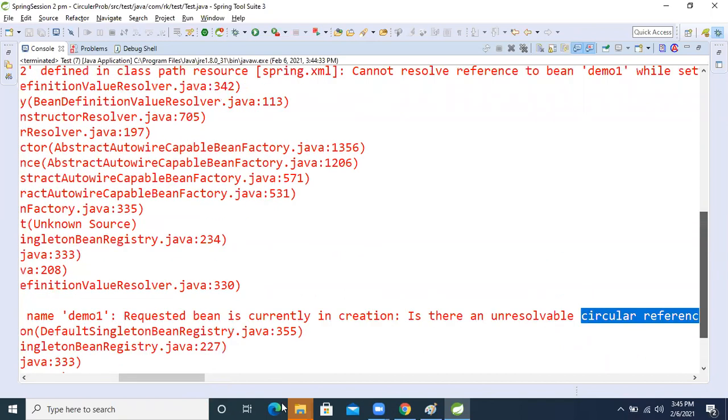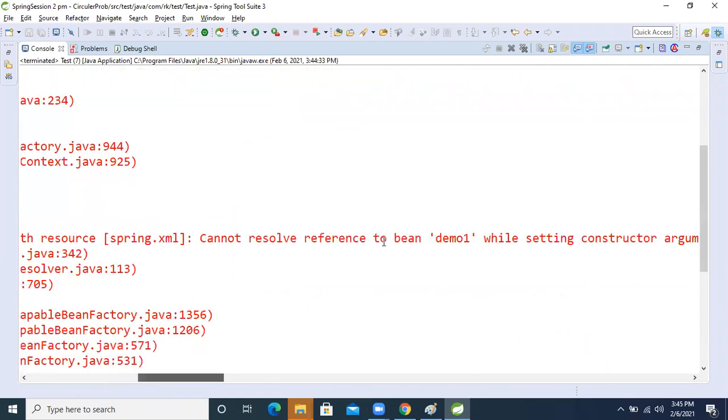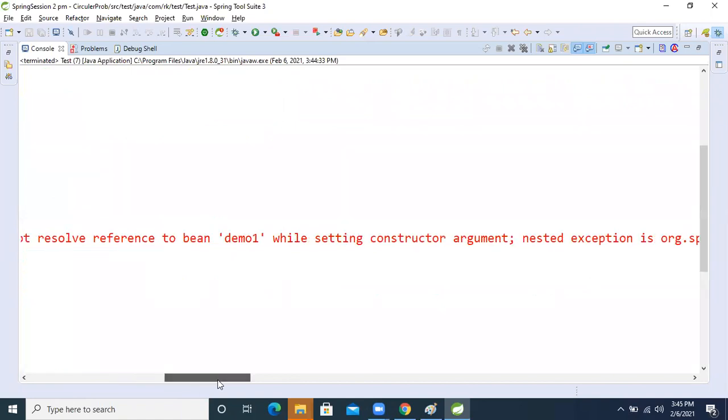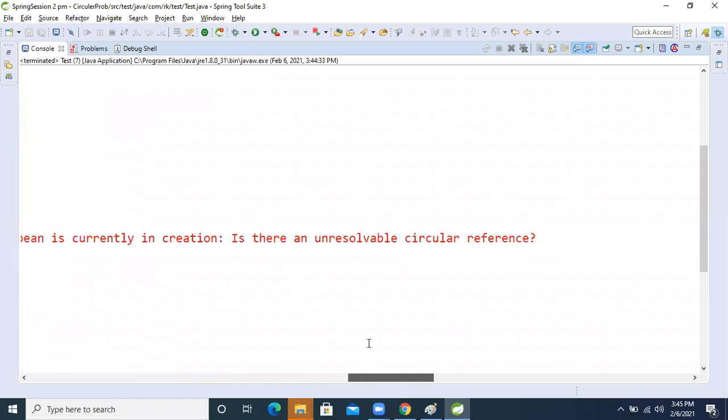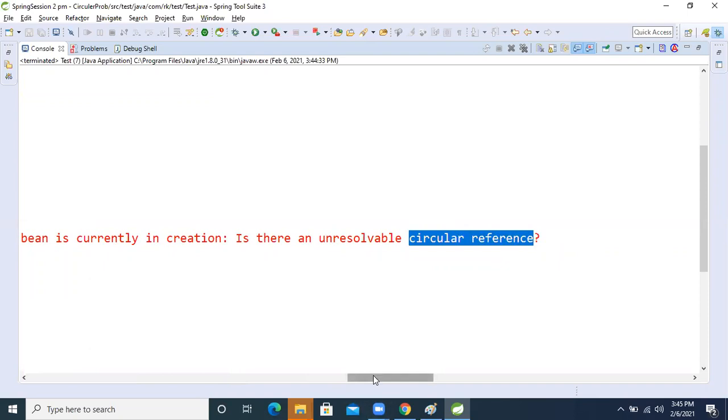It cannot resolve the reference to bean demo1 while setting the constructor argument, so we get this circular reference problem.